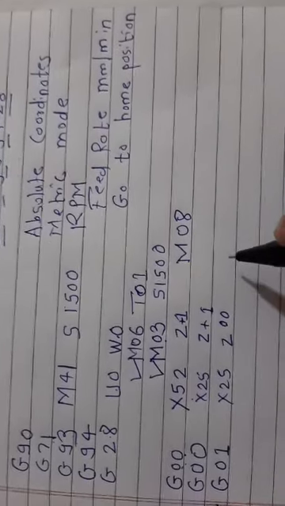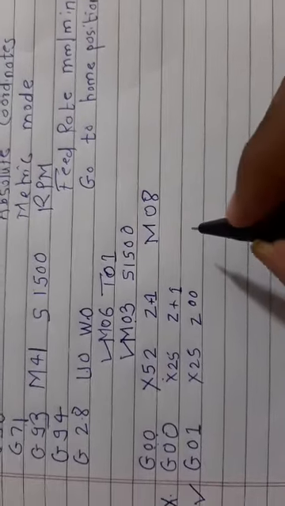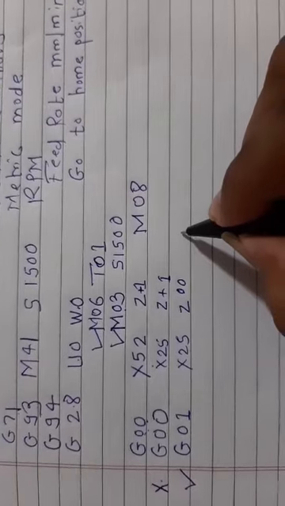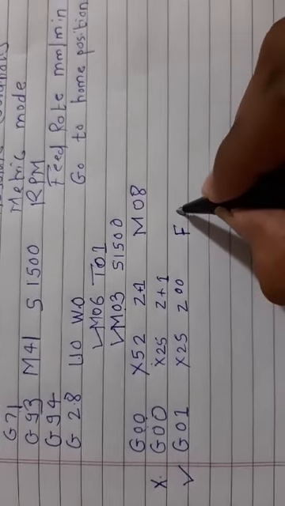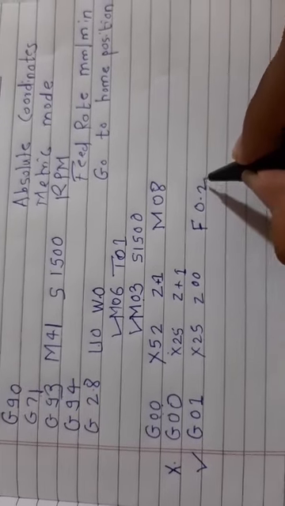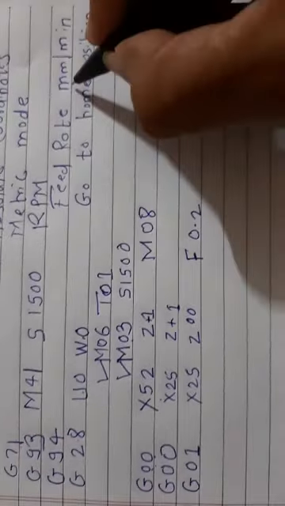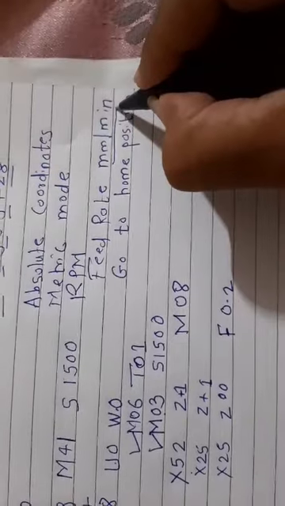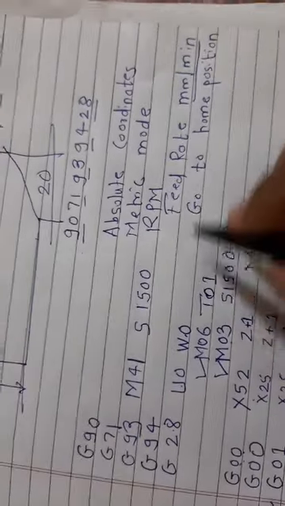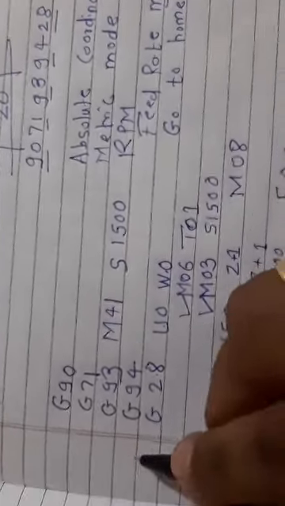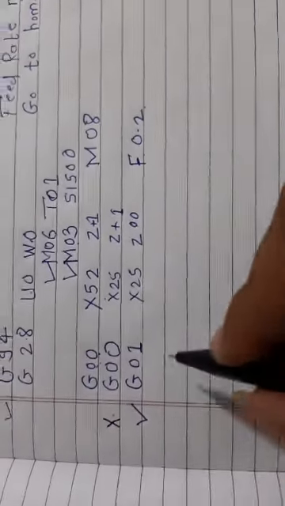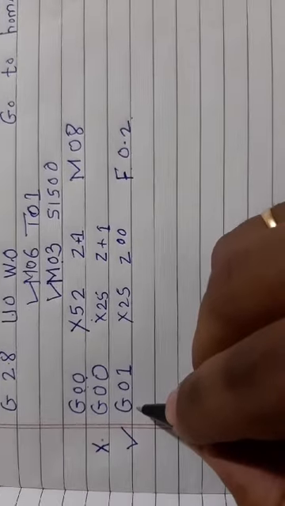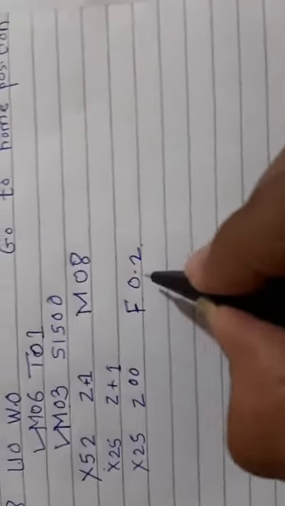Now at the same time we have to define the feed rate. Now the feed rate is not given in the problem, so we have to assume the feed rate. Suppose I will assume the feed rate 0.2 and its unit is millimeter per minute, that is defined by G94 code. So I have written F 0.2. So whenever you are going to use the G01 code, you have to use this code